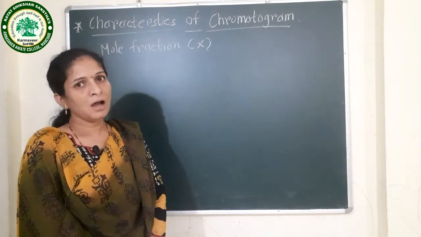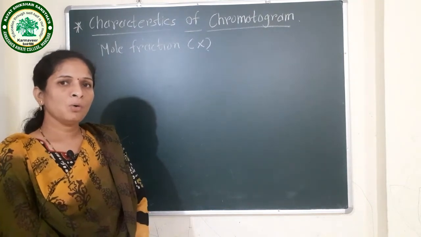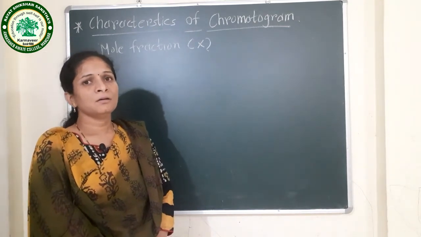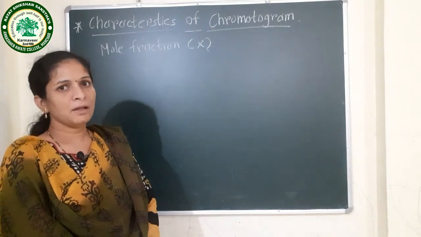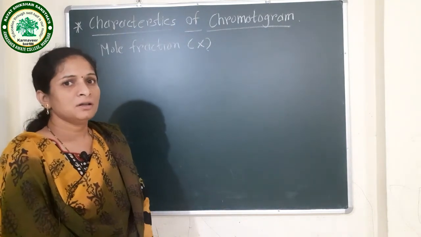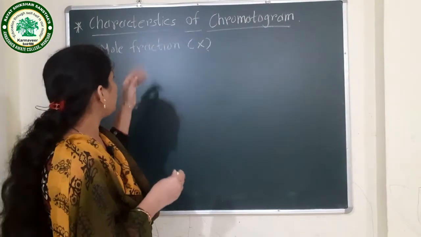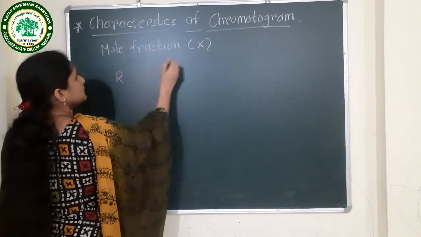There will be the opposite case. If KD value is low, then components spend less time in stationary phase and more time in mobile phase. This is given by the equation of mole fraction, which is given by Rx